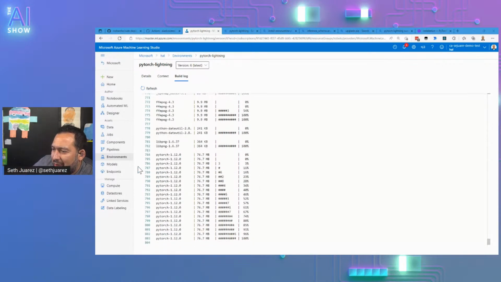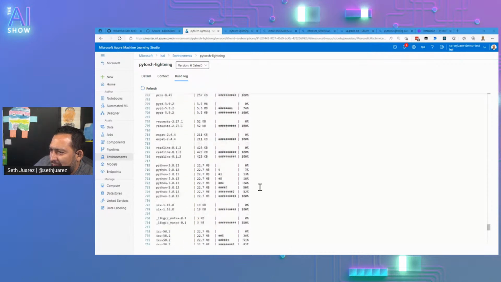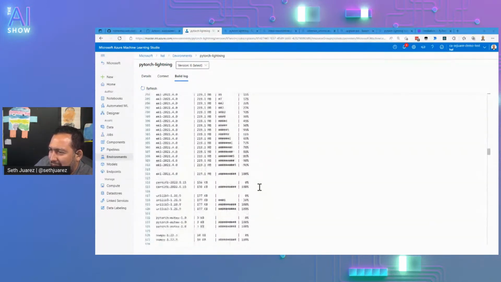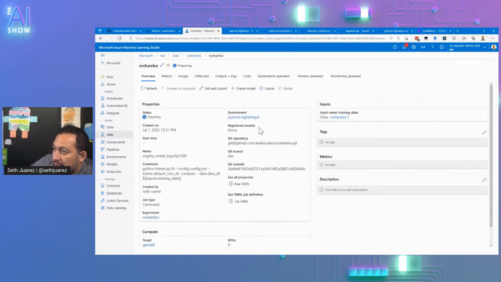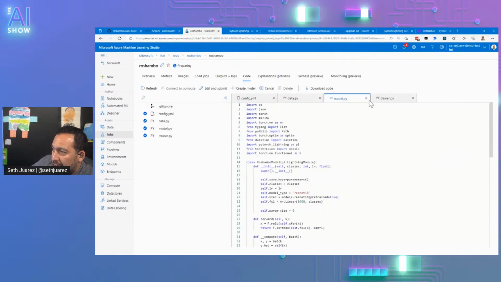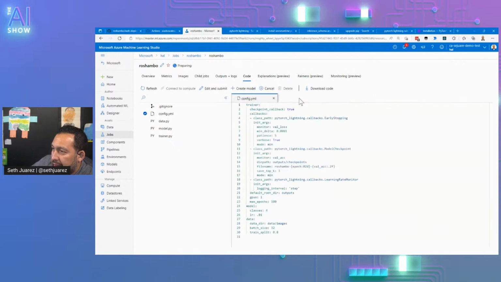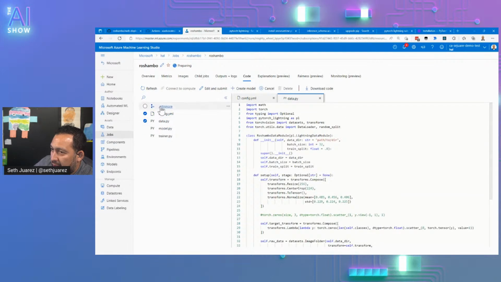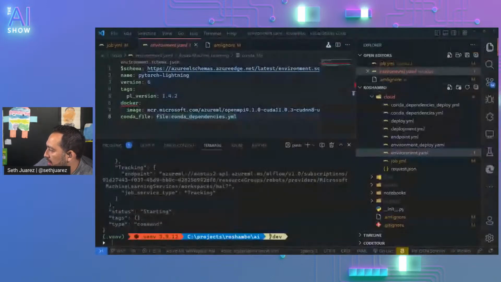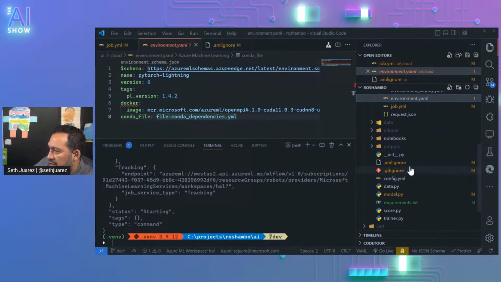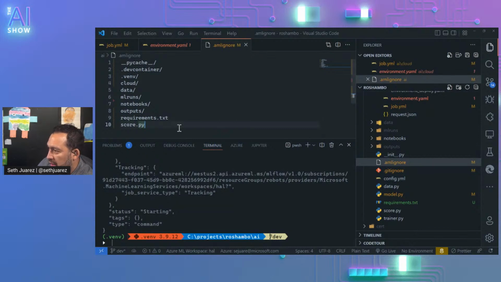But the thing is that I don't know why it got rid of this environment. The environment should stay cached, which is kind of a bummer. The cool thing though is that we did do this part right. We were able to load the config files. The git ignore saved it there. I guess I could ignore. I can take the git ignore file out. So I can do that one little solid thing here. We don't need git ignore.